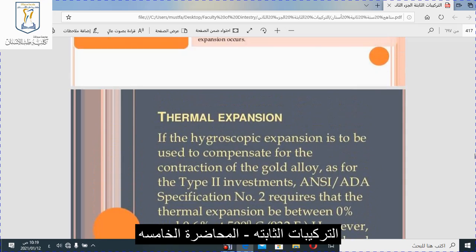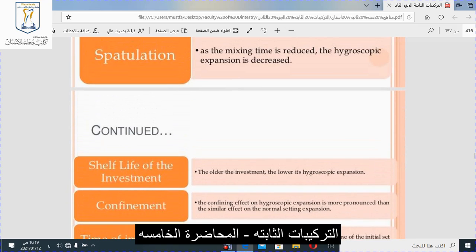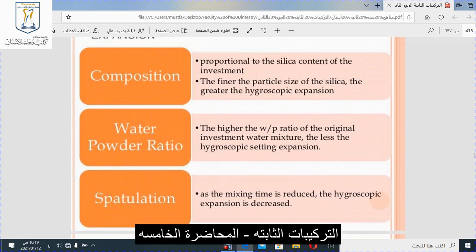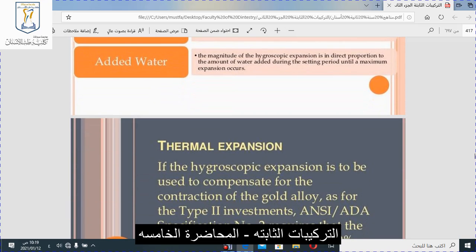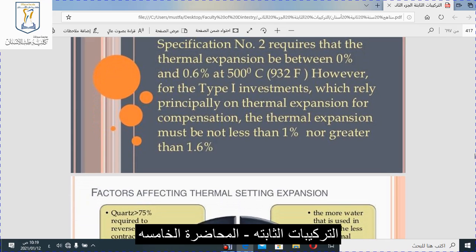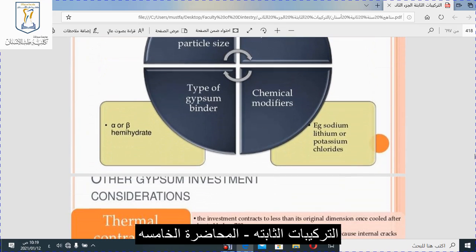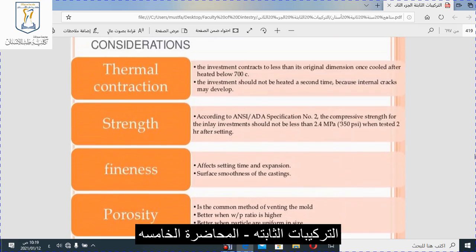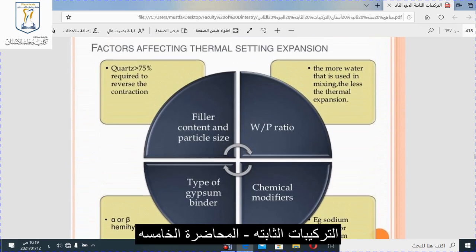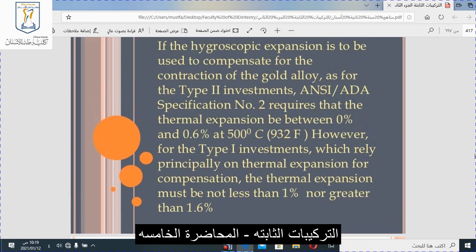So the heat starts from the reaction. The only thing that can cause expansion is the premature softening of the wax, which gives some amount of expansion. But all the expansion in phosphate bonded investment will start when it begins receiving the heat during the burnout